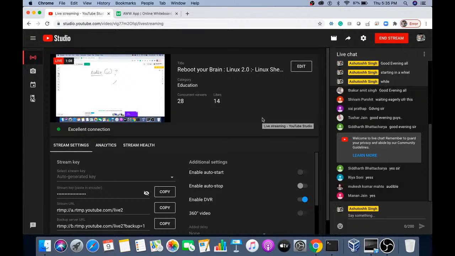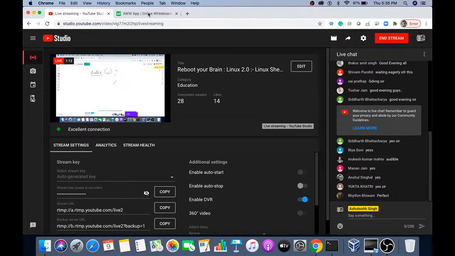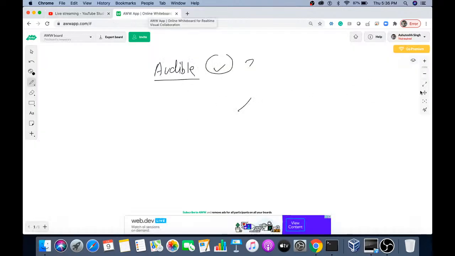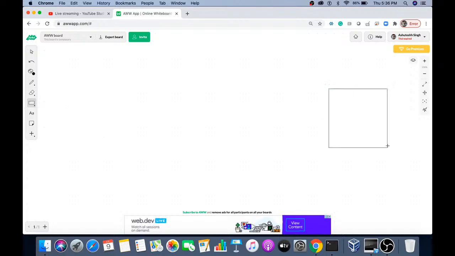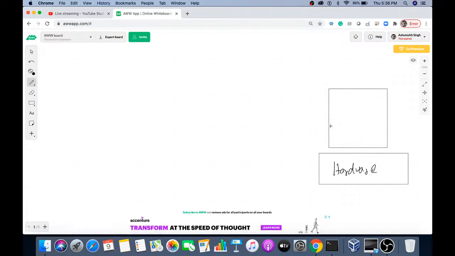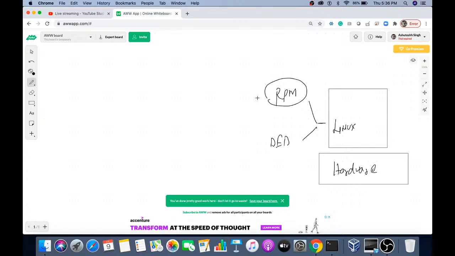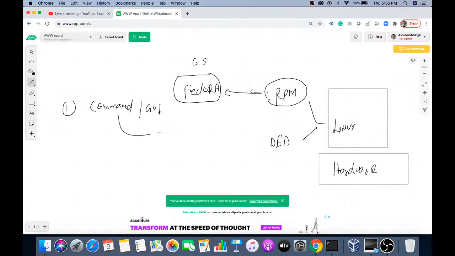Okay, wonderful. So let me revise whatever we have done in the last few sessions. We are basically talking about shell scripting, right? So I'm revising things again. We started with understanding of the Linux kernel and that we have some hardware, and on top of that we are running this kernel. We all know Linux kernel is supporting two different flavors, even more, but we are talking about these two. We selected Red Hat package management and decided to go with Fedora based OS. So now Fedora is our operating system, and we have seen the most important thing: there is no difference between command and GUI. Both are using